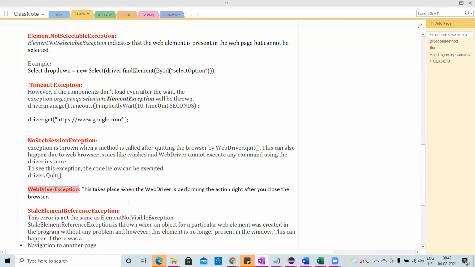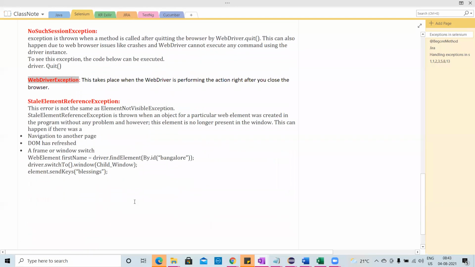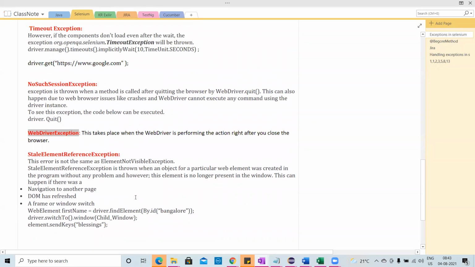Okay, so stale element reference exception. They'll ask you about this in almost all interviews, so you should know this exception. They'll ask you what is the difference between no such element and stale element exceptions, and so on. This error is not the same as element not visible exception or no such element exception. It is different.